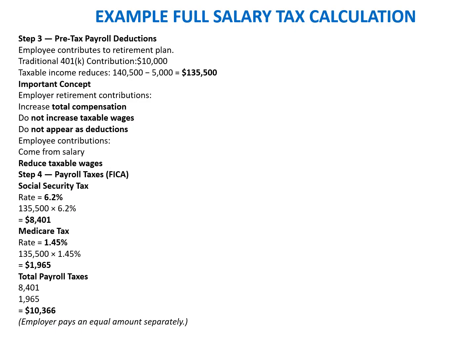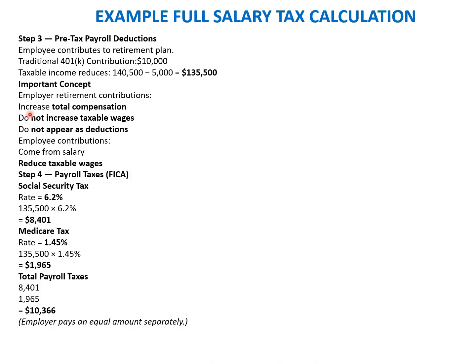Okay, now we'll look at some of the deductions. Pre-tax payroll deductions: employee contribution to the retirement plan. Traditional 401k contribution is 10,000, which includes both the employee share as well as the employer share. Which means that the employee contribution will be reduced to get the taxable income. So 140,500 is the gross income. What we have to do is reduce the employee contribution to such a plan, which is 5,000. We'll subtract this to get the taxable income.